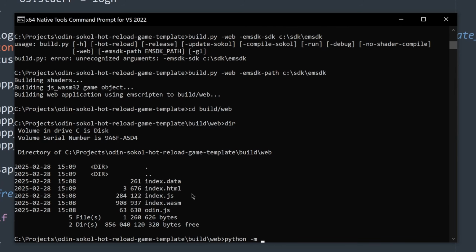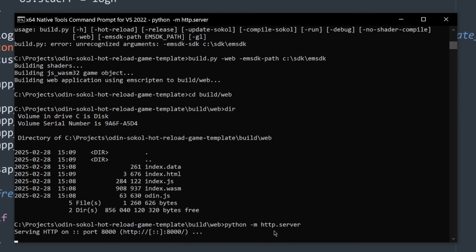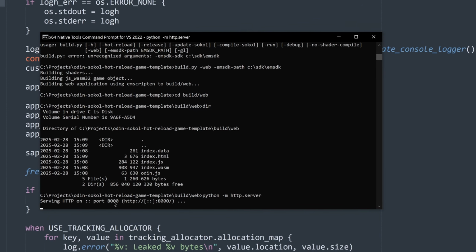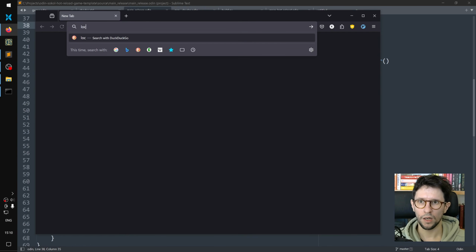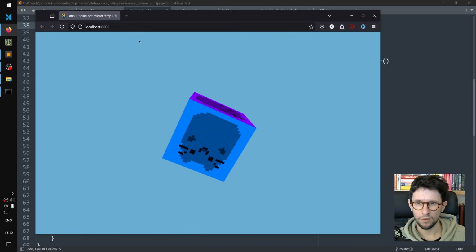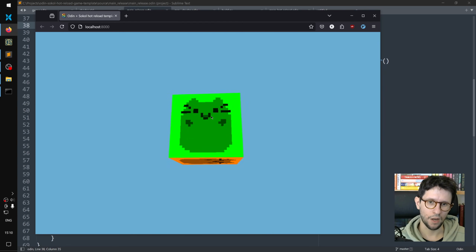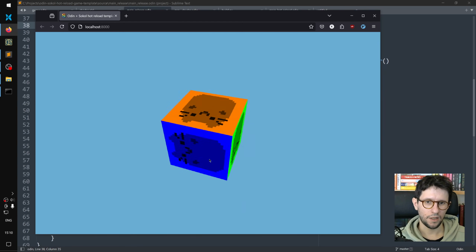So we can run python -m http.server. This will start a little web server that serves the thing in this folder so that you can just go to that address in your web browser and play your game. So python -m http.server, and then it says serving HTTP on port 8000. So then you can open your web browser, go to localhost, which is your local computer, and 8000 like this, and then you see you have your little web game